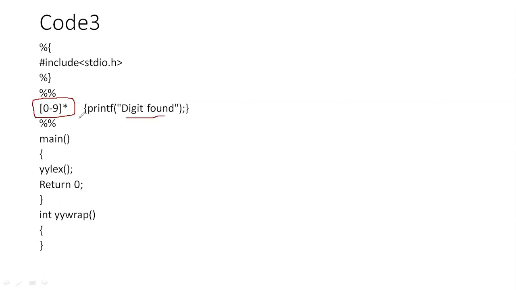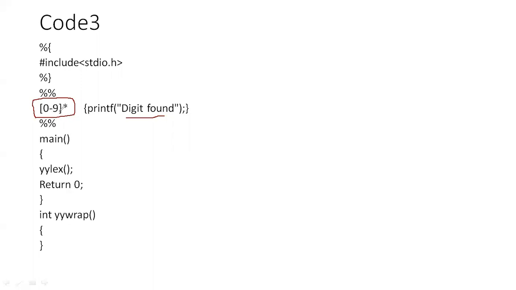Digit found. If anything is entered between 0 to 9, it will print as digit found. If you are not entering anything, it will not print anything. I repeat, if you do not enter anything, and no input is given, then this particular LEX program is not going to print anything.